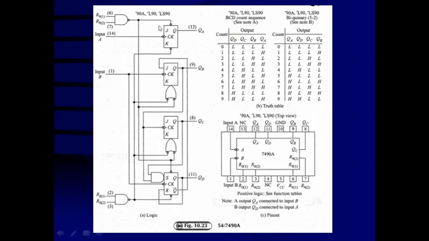This is another counter, J and K, and this is QA. So this will work as a modulus of 2 counter. Here in this one, if you connect a system clock to the input A and the output of QA to the clock input of B, this is a flip-flop of modulus 2, which is followed by a modulus of 5 counter. That means a 2 by 5 decade counter or mode 10 counter can be prepared,